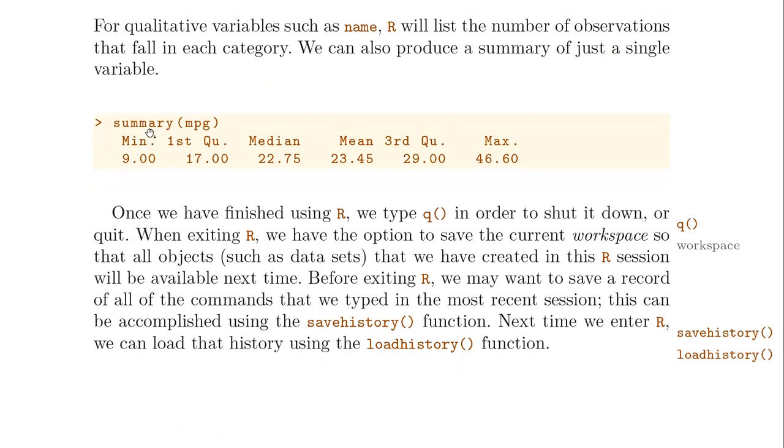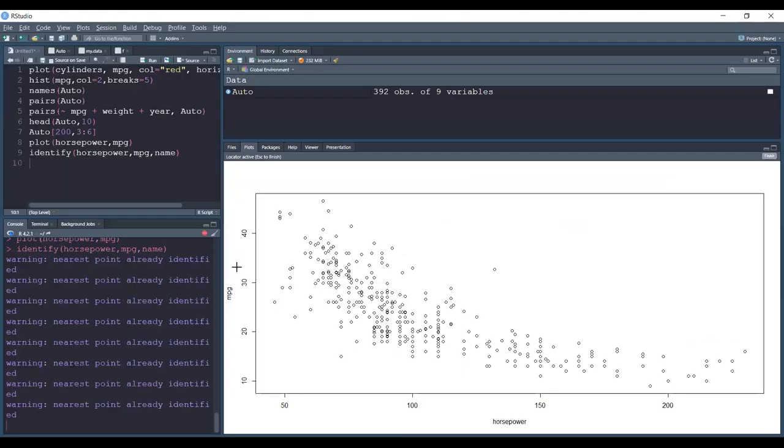You can also create just a summary of a single vector. Did I say vector? It is a vector, but of a single column of your data, of a single variable. So for instance, summary